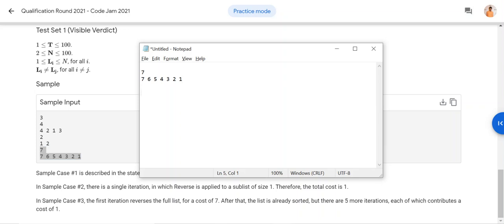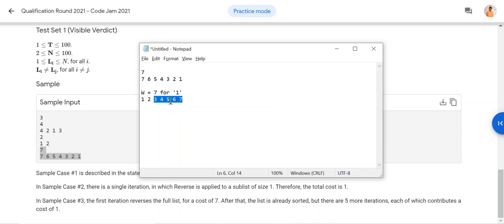So here n is equal to 7. Now we start looking from the beginning and looking for 1. 1 is at the end. Since it is at the end, work is equal to 7. It has to go through all the numbers to get to 1. Once you find that, as I told you before, you have to reverse the array from this position, so it will be 1, 2, 3, 4, 5, 6, 7. Now it's already in sorted order, right? Now from here you have to check where is 2. From here to here, 2 is already in the correct place.